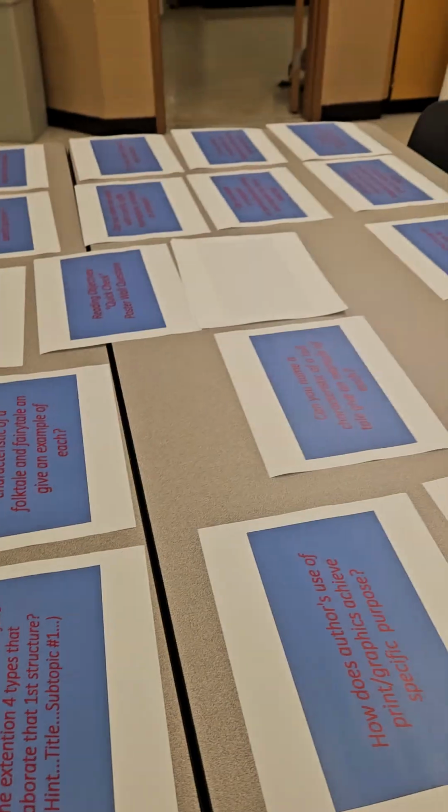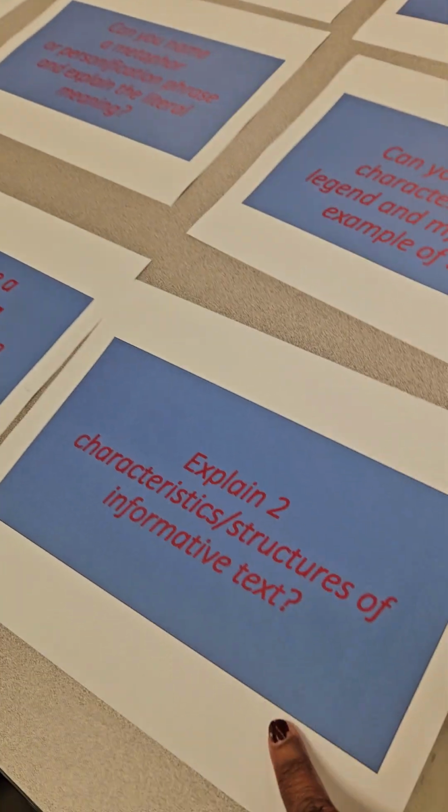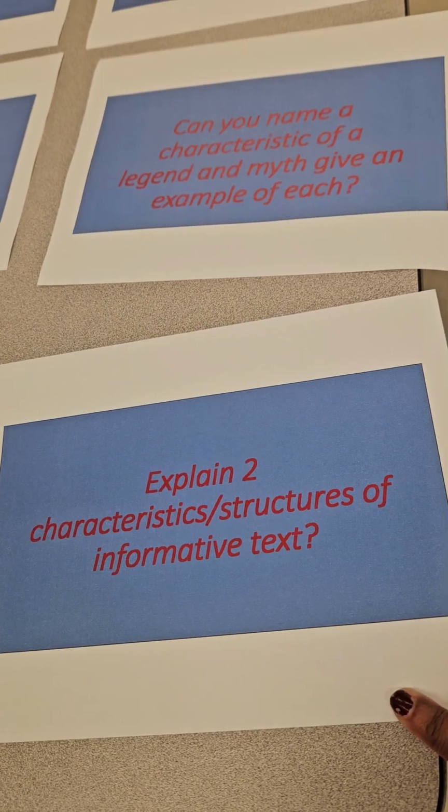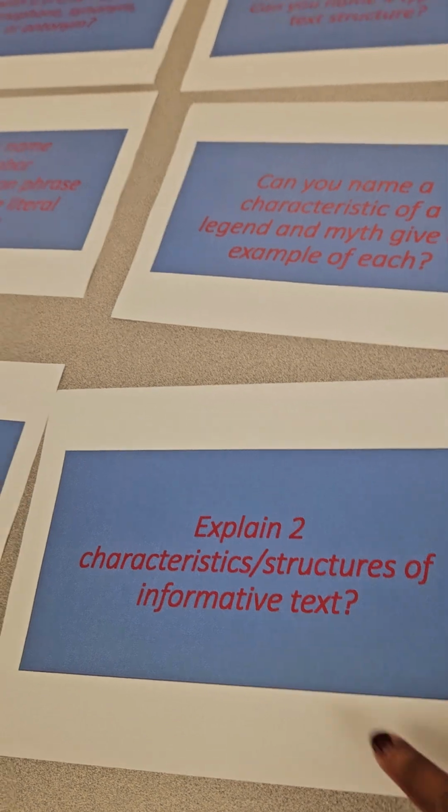So I was thinking about putting all the objectives that they need to master for the STAAR out, and then having the kids all stand around in a little circle. There you go: auditory needs, visual, moving around, practice, repetition. All those are research-based strategies that are very effective. They go around the circle, you pause the music, and as soon as it stops, everybody points to the first one near them and explains the characteristic structure of informative text.